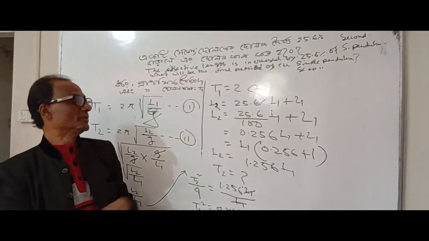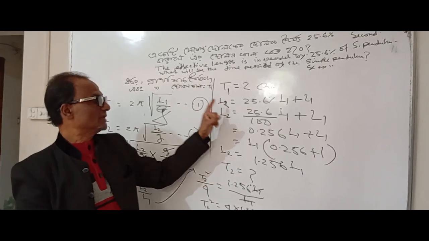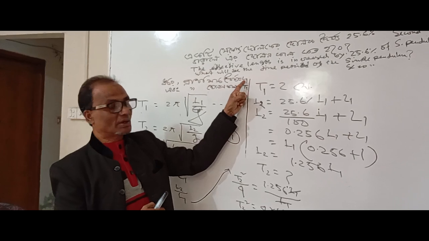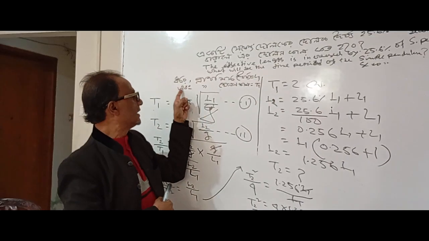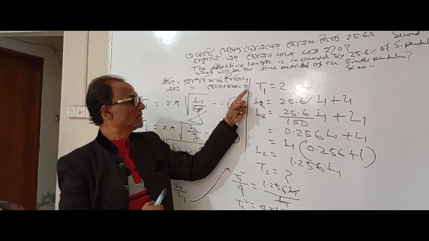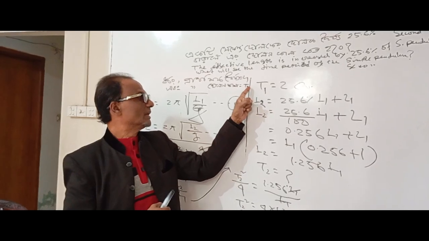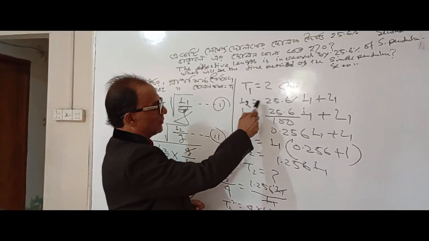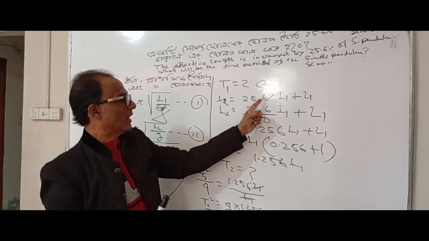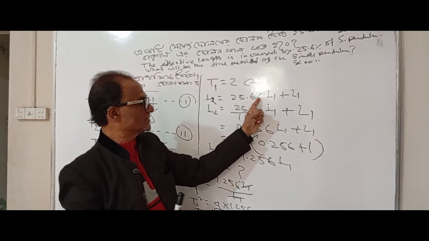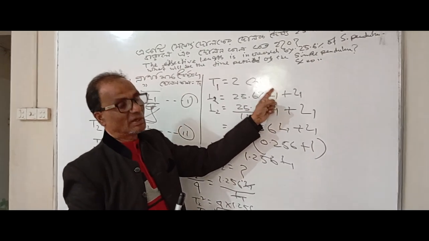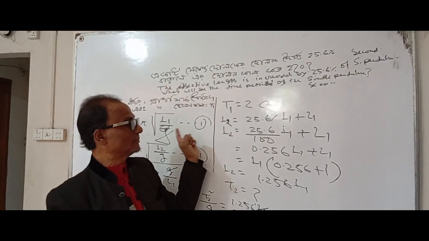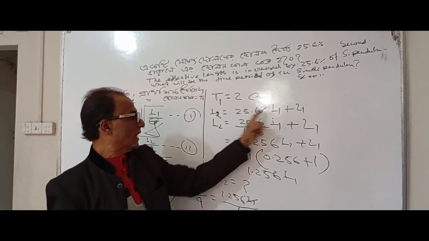Let the initial length of the second pendulum be L1 and the initial time period of the second pendulum be T1. So L2 will be 25.6% of L1, where L1 is the initial length of the second pendulum,